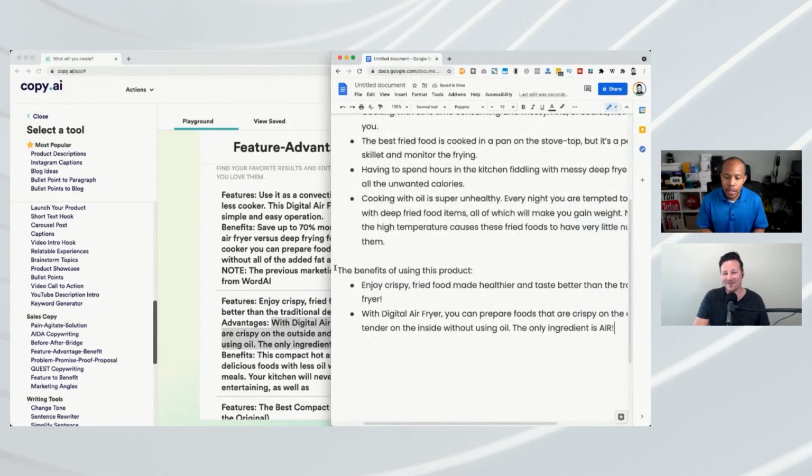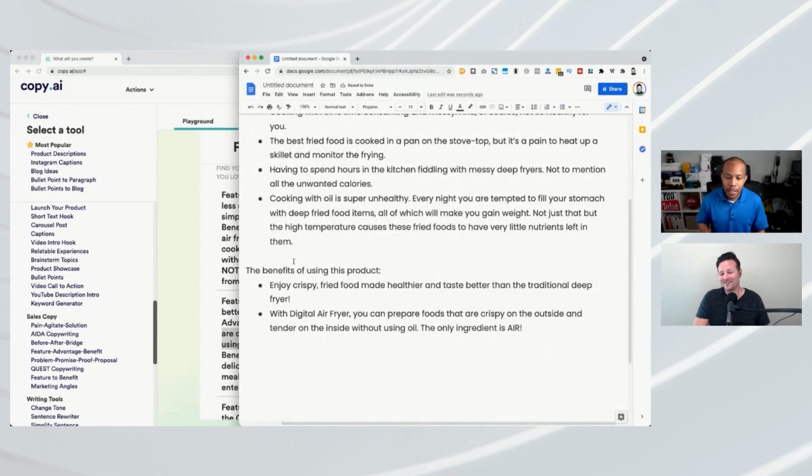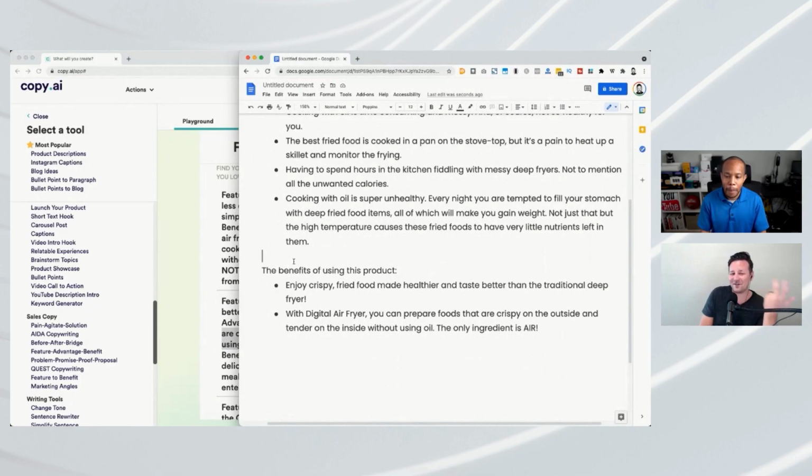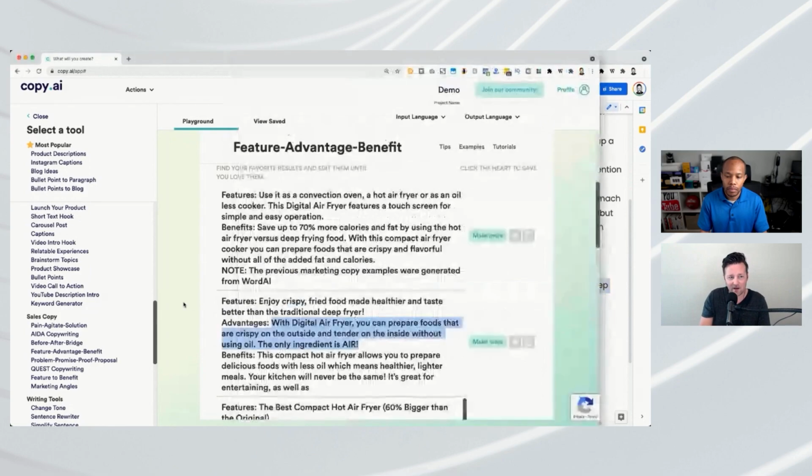Yeah. I mean, the obvious thing to me is a sales page, because that's where most people make their money. But when it comes to marketing, you have all these points for social posts. You could take one of these points and spin it into an email or a social post. So let's try doing that. Right, so we have all these benefits now. So what you might do is take something like that.